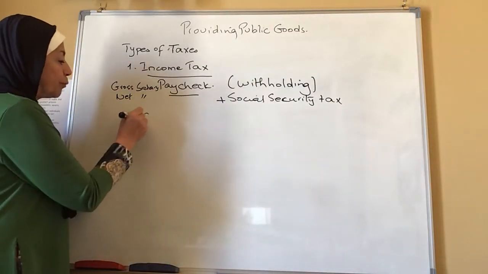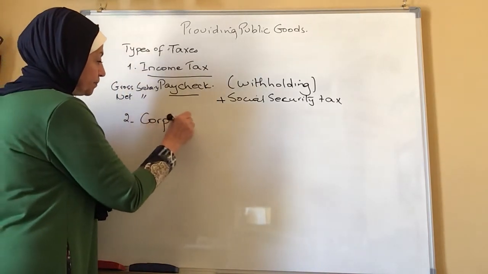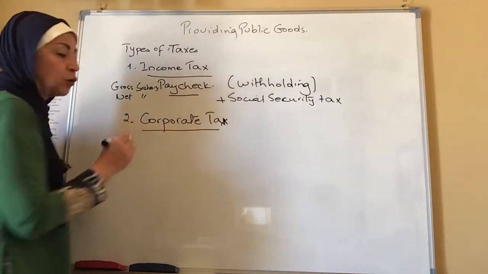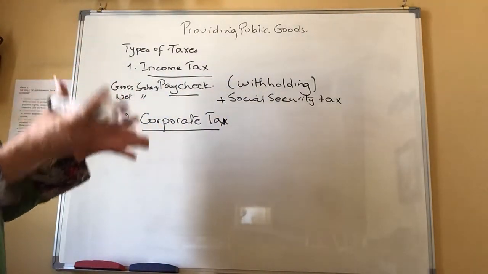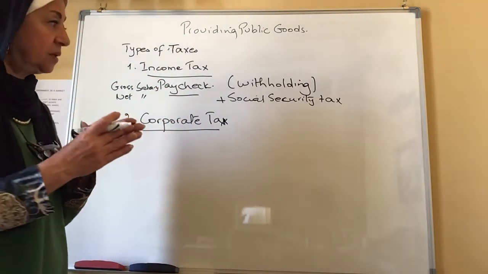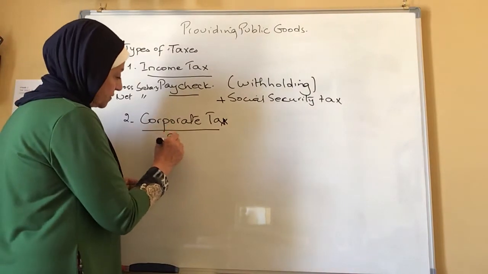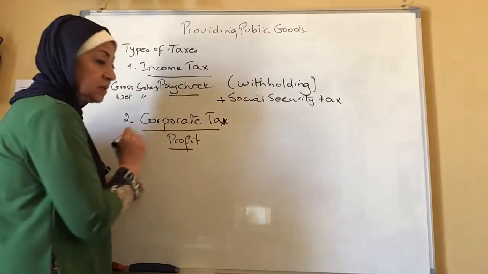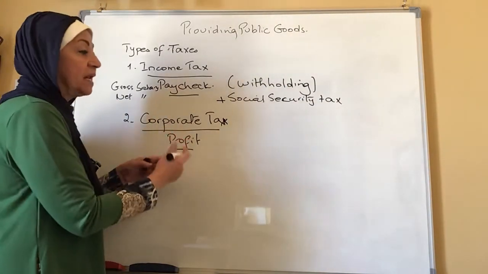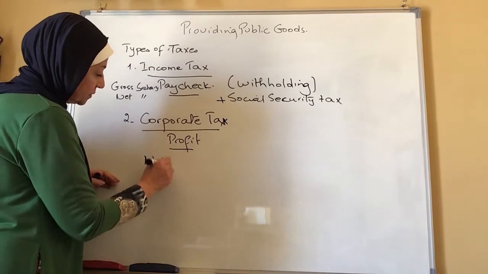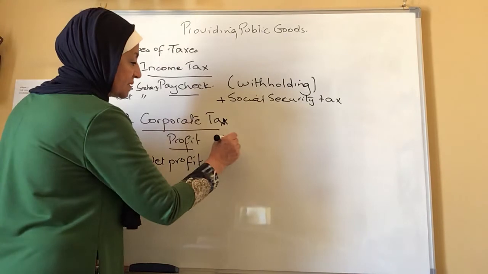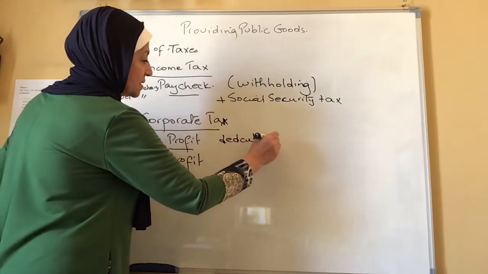Number 2, corporate tax. Corporate tax is when a corporation is functioning to produce, and at the end of the year, when they complete their balance sheet, they have profit. That profit is taxed. There is a profit tax, and then they have the net profit. After they deduct corporate tax,